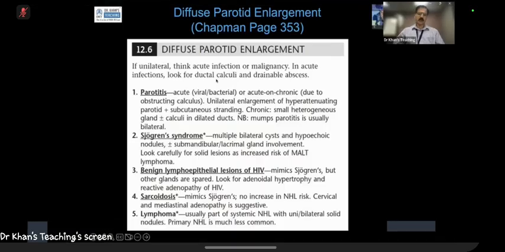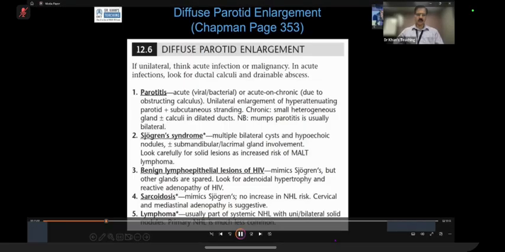Of course, parotitis like mumps, etc. can cause it, but nobody will image a case of mumps. Bilateral stones, etc. is quite a rare entity. Unilateral stones and sialadenitis, etc. of course can happen. But here, this is important. These two are, and maybe sarcoidosis also, but in Sjogren's syndrome, what happens is that these patients have got a